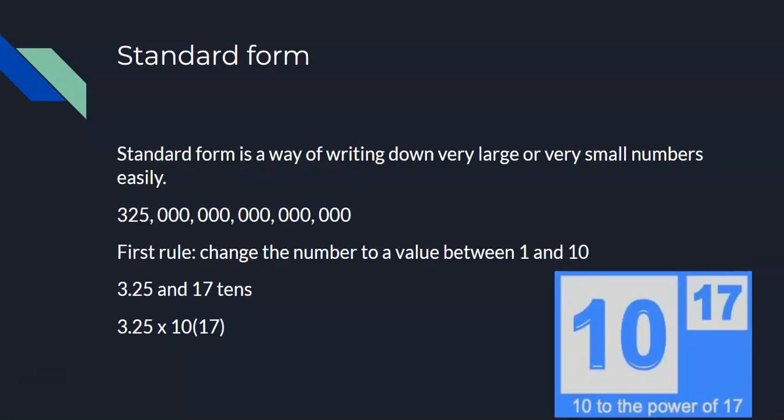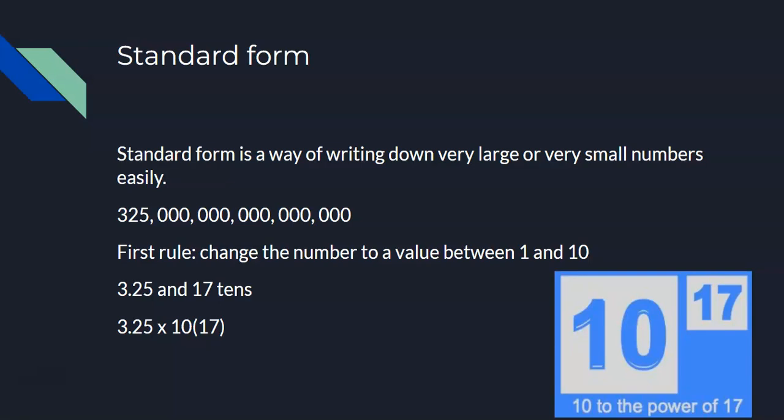Now standard form is something that you may not have come across before, and this is a way of writing down really large numbers or really small numbers quite easily. So if we look at this long number here, we've got 325 and we've got 3, 6, 9, 12, 15 zeros afterwards. So the first rule is we always try and change the number to a value between 1 and